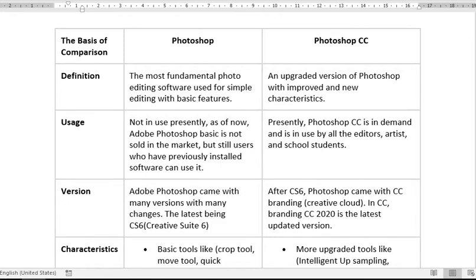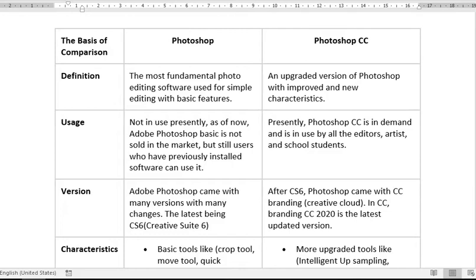If you want to use Photoshop, then you can use Adobe Photoshop CC only, and it is in demand. It is used by all the editors, artists, and even students. As you know, Adobe Photoshop comes with many versions and many changes.